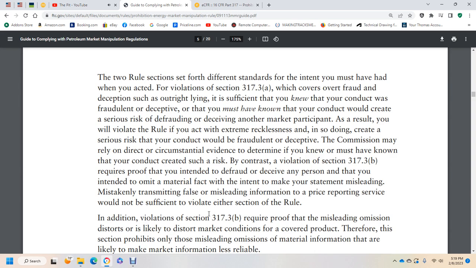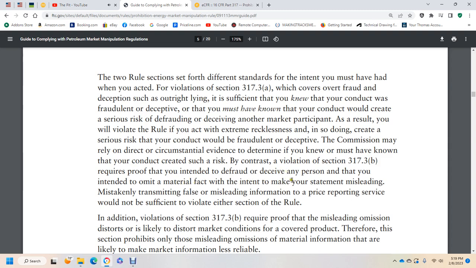As a result of violating the rule, being extremely reckless in doing so creates a serious risk that the conduct would be fraudulent and deceptive. The Commission may rely on direct or circumstantial evidence to determine if you knew or must have known that your conduct created such a risk. By contrast, violation of section 317.3b requires proof of intent to defraud or deceive any person,